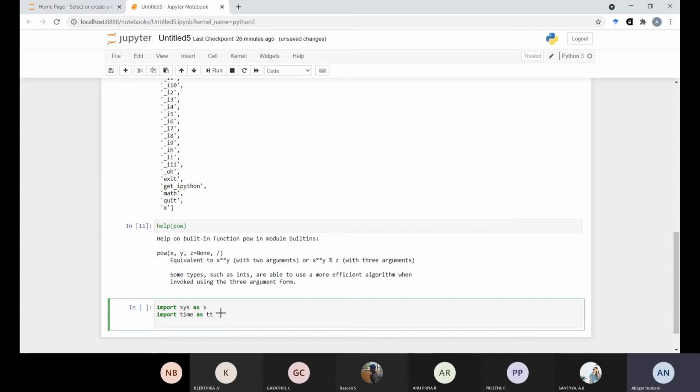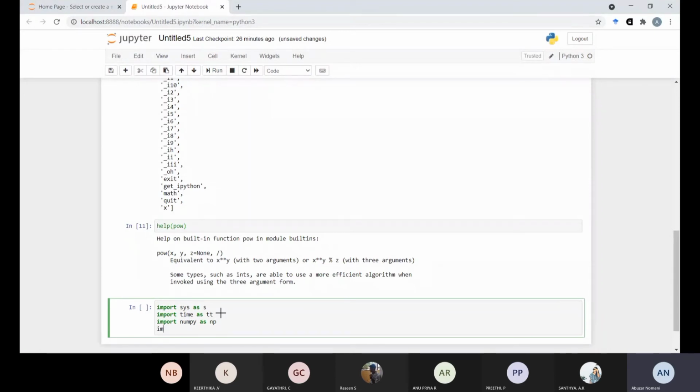One more package we want to install is numpy. Import numpy as np. I'm giving a short name for numpy as np. So instead of writing numpy, we can write np.